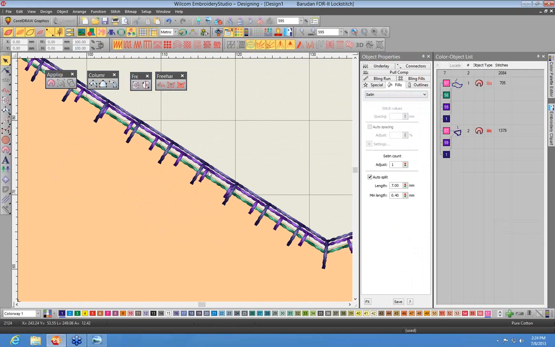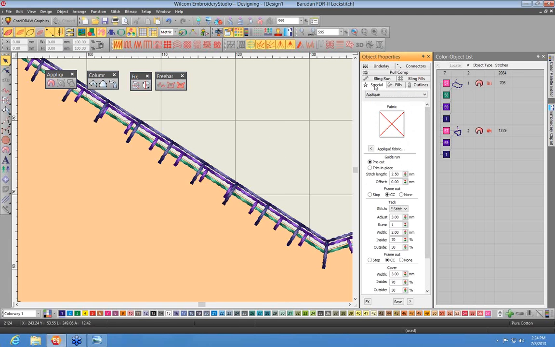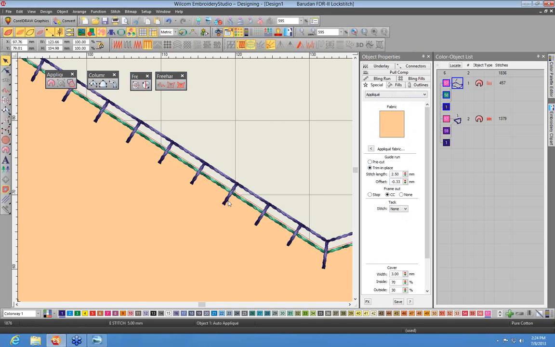And now, in this case, probably don't need the zigzag tack down. Like, if I was going to do an applique that was meant to have this homemade blanket stitch edge, then I would probably go into the special tab, and I could still go with the trim in place applique. So let's select this one. I'll still go with the trim in place, but instead of having a tack down, I'm just going to go with none. So there's my run stitch, and here's my cover stitch, and my cover stitch is set